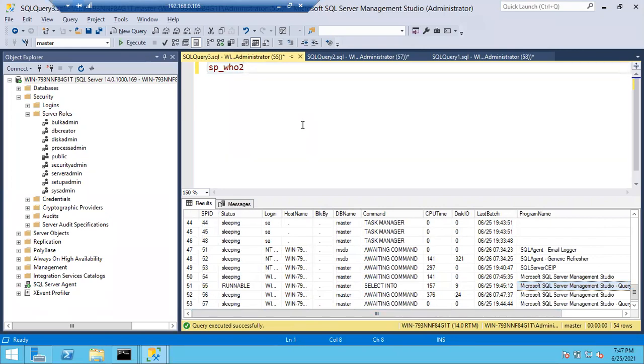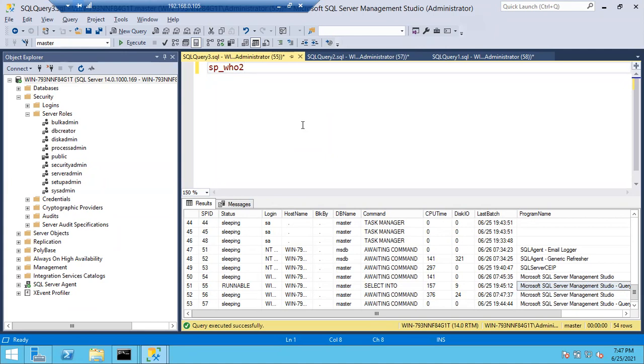Just a quick question here, Shyam. You are running this query just to check what exactly is happening, exactly which person is doing what? Yes, just the overview of everything. And if you see anything suspicious, then you can kill the session. Otherwise, this is just giving you the whole information. Yes, that's it.